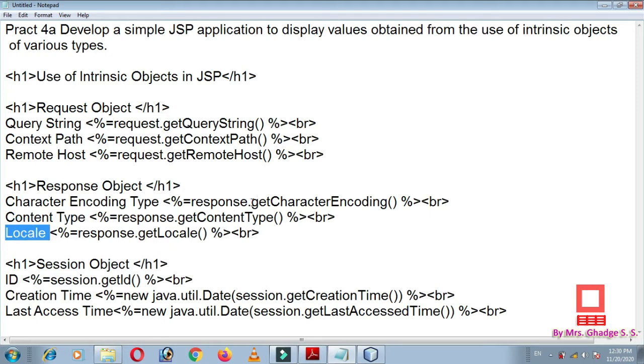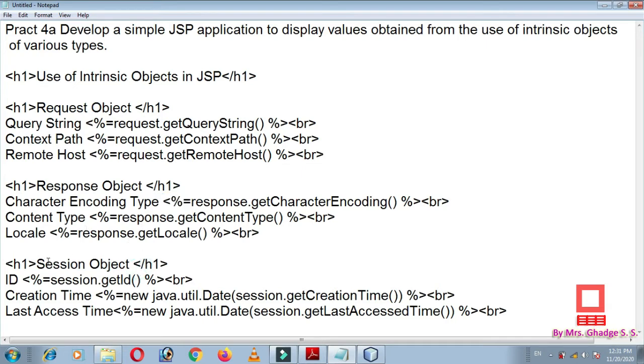For this we use methods like getCharacterEncoding, getContentType, and getLocale. Again the syntax is the same, less than percent equal to, to display the character encoding type, content type, and locale.